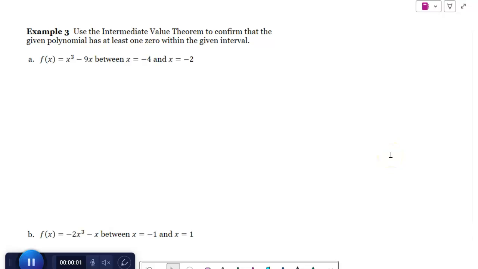Example 3. Use the intermediate value theorem to confirm that the given polynomial has at least one zero within the given interval. The intermediate value theorem is used to figure out a space where there is possibly an x-intercept. Some of the graphing calculators that you can buy, and even Desmos, use this idea when trying to find x-intercepts